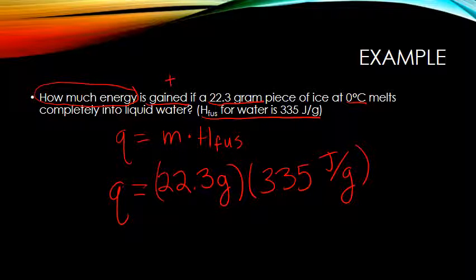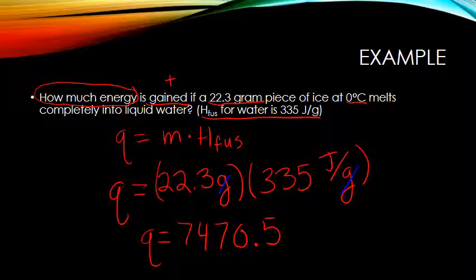And we just need to multiply our numbers together. So 22.3 times 335. And I end up with 7470.5. Our units here, we can see the grams will cancel out, so we are left with joules